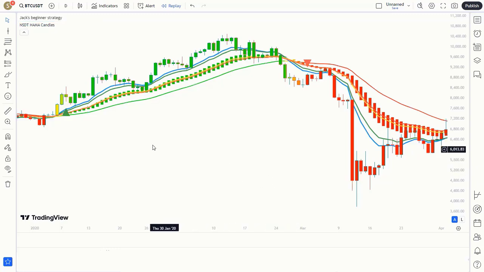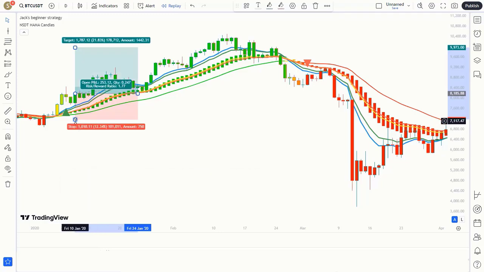Now how to trade with both indicators. And this is the time when things will become clear. First of all, Jack's Beginner Strategy Indicator has given a buy signal, and the market forms a bullish candle. And if we look at the NSD HAMA Candles Indicator, it has formed a green candle. So we will take a buy trade, and we will keep the stop loss at the previous low of the